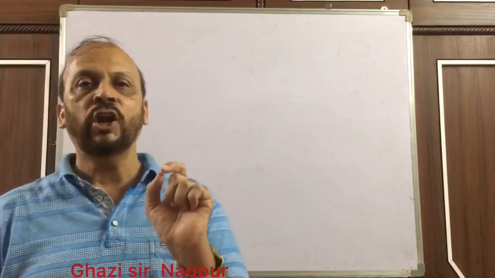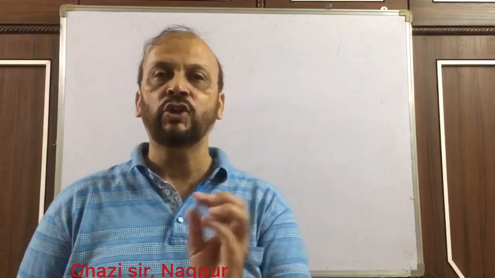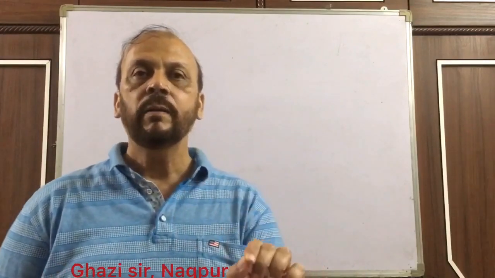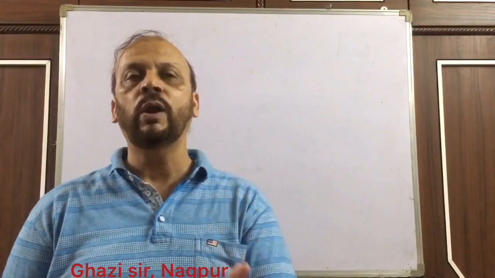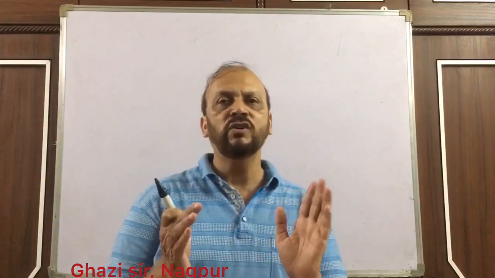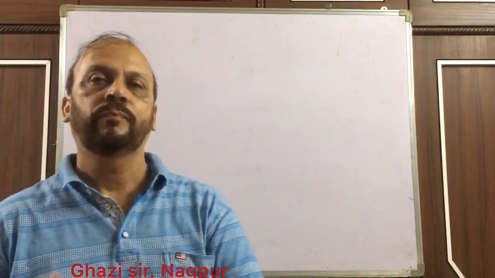Displacement is a direction dependent quantity, while distance or path length is independent of direction. Displacement is a vector quantity, distance is a scalar quantity. Displacement may be less than or equal to path length or distance. So these were the distinguishing characteristics between distance and displacement. Now let's see what speed and velocity are.